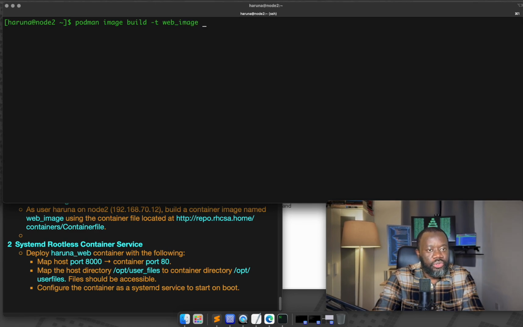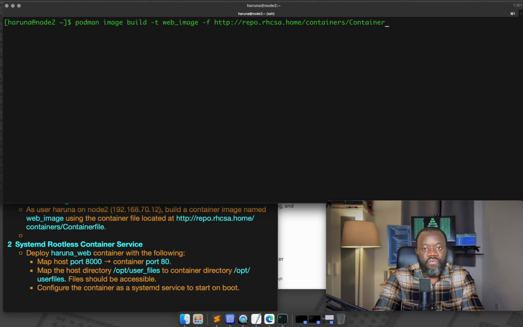So we want to build an image with the tag -t, the name is web_image, and then the container file we want to use is located at http://repo.rhcsa.home/containers